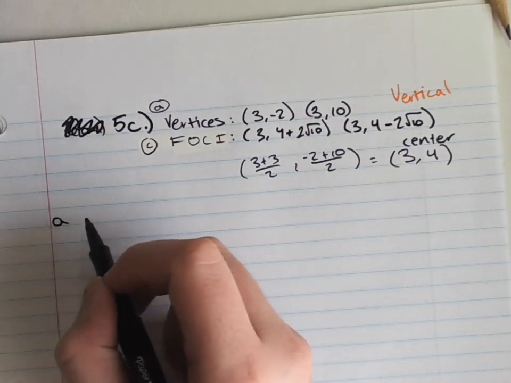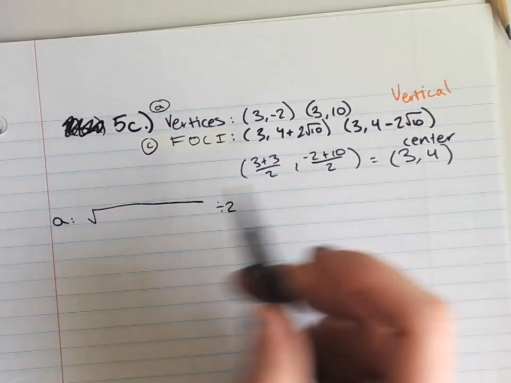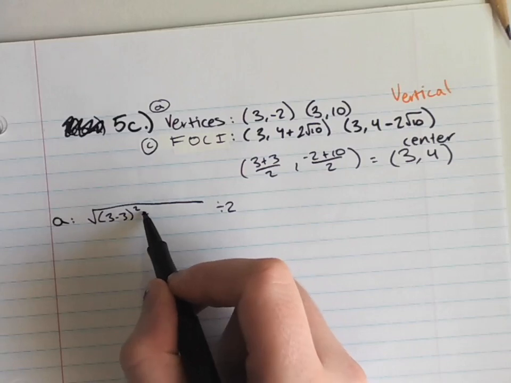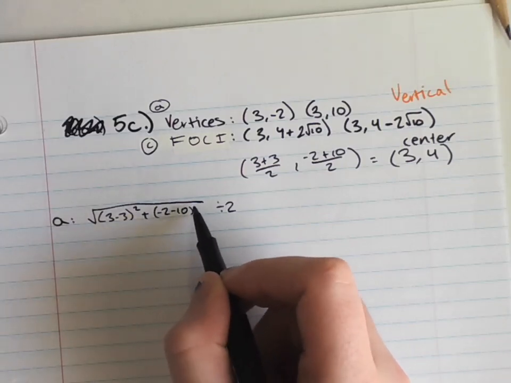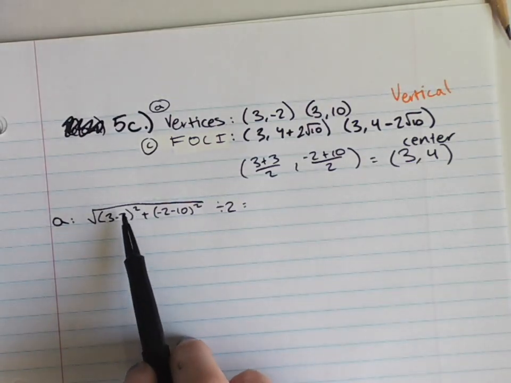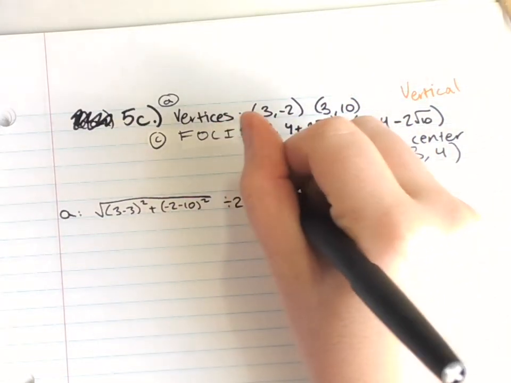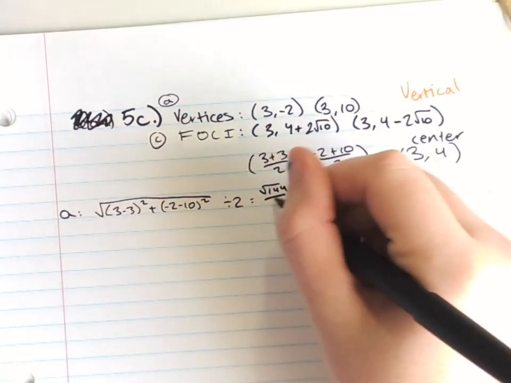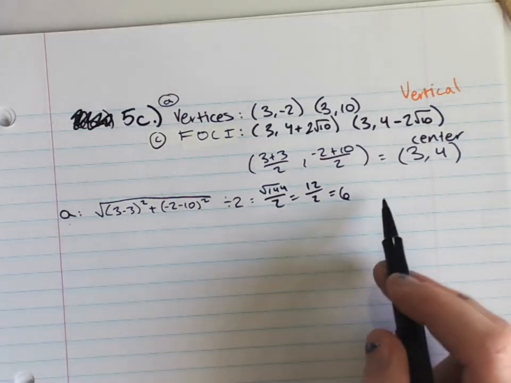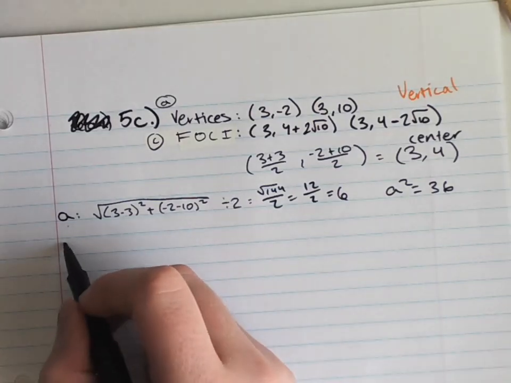So to find A, we're going to do the distance formula and then cut it in half. So we will have 3 minus 3 squared plus negative 2 take away 10 squared. This is going to become 0. This is going to be negative 12 squared underneath a radical. So it's kind of like the square root of 144 and then divided by 2. 12 over 2 is 6. So if A is 6, A squared is 36. Now we're going to find our C value,